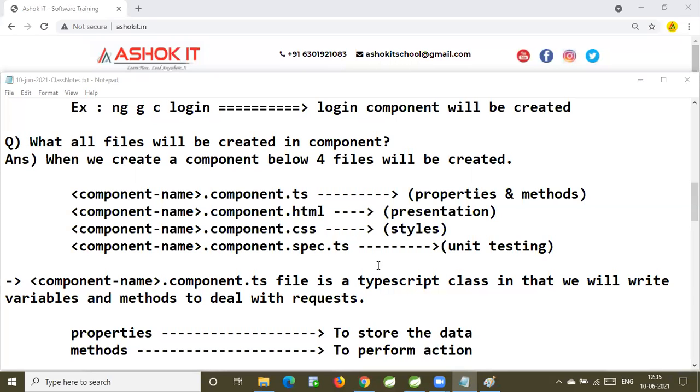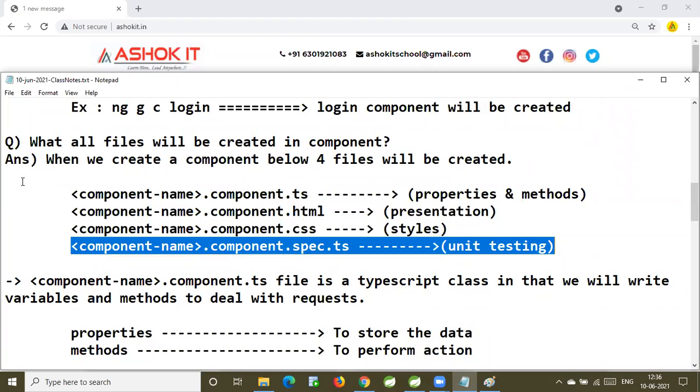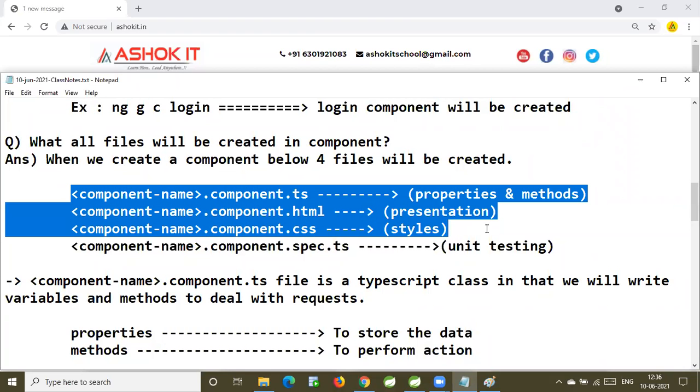All right, guys, are you clear with this one? What is the purpose of TS file, purpose of HTML file, purpose of CSS, purpose of spec.ts? Currently, we are not dealing with the spec.ts. We are dealing with only these three.